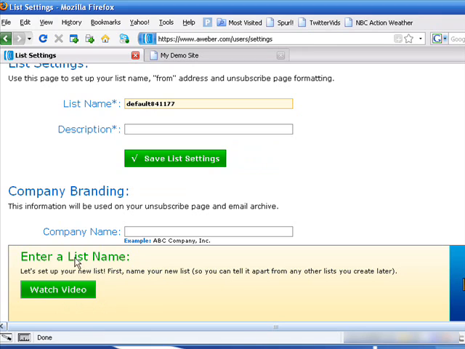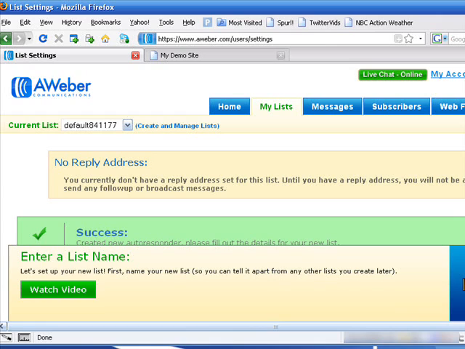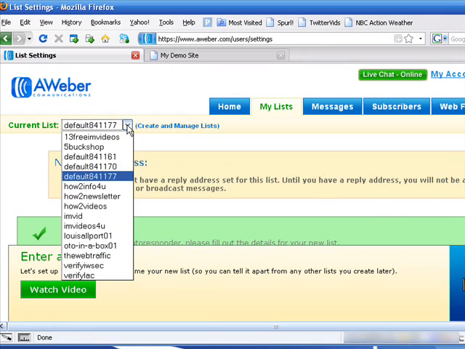This being step one, enter a list name. Probably not too difficult to figure out, but if you're not sure, there's a video for each and every one of these steps. And it's really cool. It's very difficult to screw this up. But anyway, that's why we're not going to go through this. Maybe that'll be good for another video down the line. But for the time being, let's go ahead and assume that we have